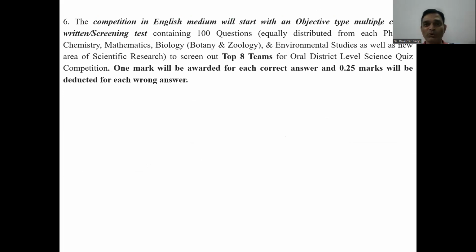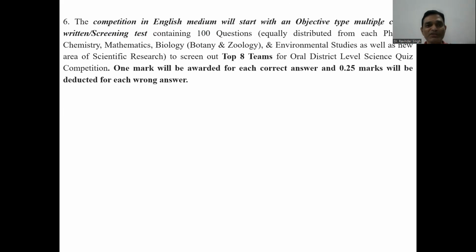क्वेश्चन थे एज पर द रूल, and these 100 questions are equally distributed from the physics, chemistry, mathematics, biology, botany, zoology and the EVS studies। तो इसीलिए हमने क्या किया, 20 क्वेश्चन फिजिक्स से लिए, 20 केमिस्ट्री, 20 मैथमेटिक्स, 20 बायोलॉजी और 20 हमने मिक्सअप क्वेश्चंस लिए थे। और उनके बीच में कंपटीशन हुआ 22 टीम्स के बीच में, MCQ के बेसिस के ऊपर टेस्ट लिया गया और यहाँ पे 1 क्वेश्चन के 1 मार्क था और नेगेटिव मार्किंग भी थी आपके स्क्रीनिंग राउंड में, जिसमें 0.25 मार्क्स यानी 1/4 मार्क्स डिडक्ट किया गया फॉर द रॉन्ग आंसर।